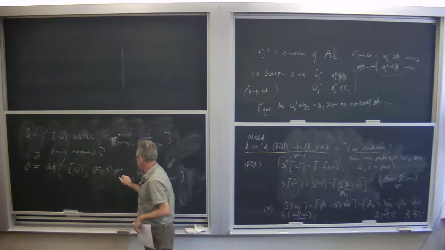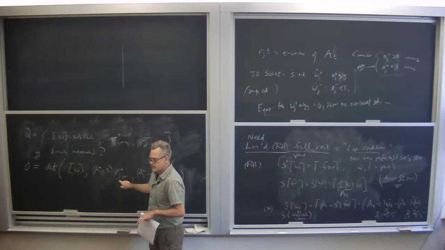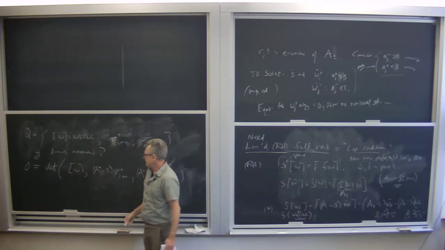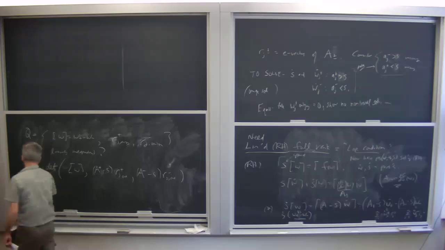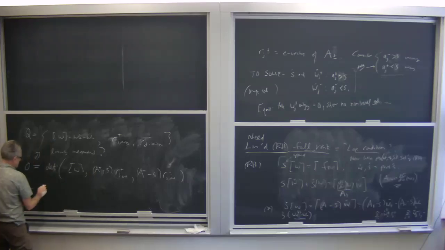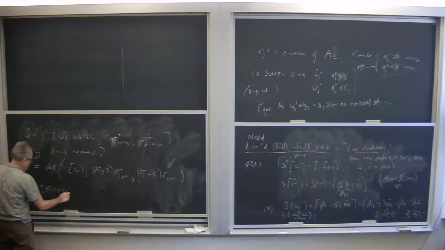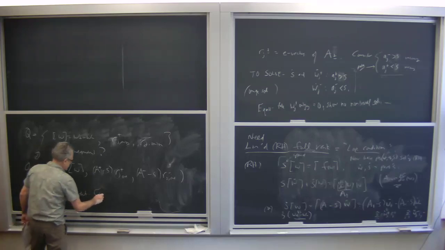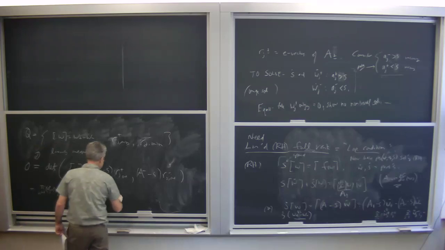But notice it can be even simplified because these are eigenvectors of A. So this is equal to the product of Aj plus minus S over outgoing times the product of Aj minus S outgoing times the determinant of the jump in W,